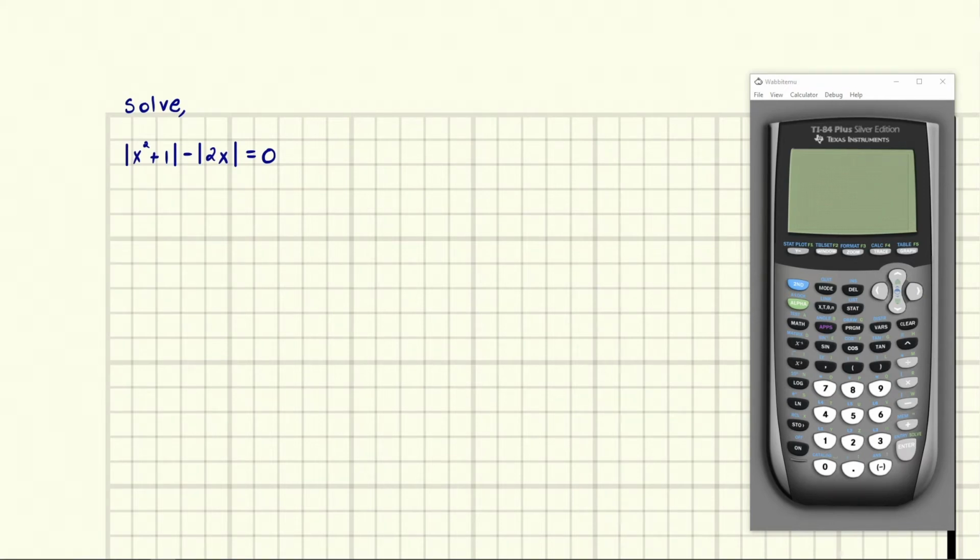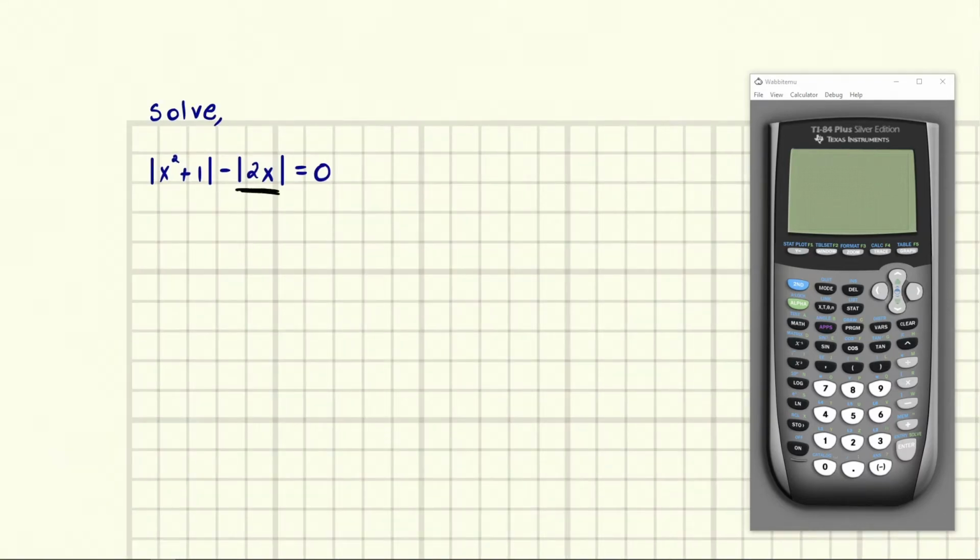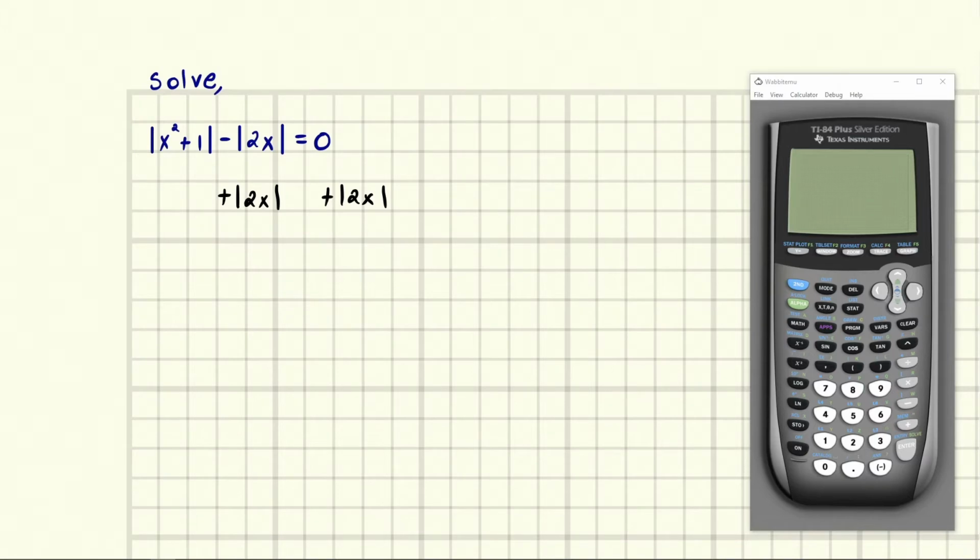So we've been given an equation with two absolute values in it. And so the first thing we're going to do is put one absolute value on one side and another absolute value on the other side so that we can use some properties that we learned earlier in this section. So we're going to go ahead and move this negative 2x absolute value over. So I'm going to add the absolute value of 2x to both sides. So I'm going to add it to this side and to this side. And we're going to get, as a result, absolute value of x squared plus 1 is equal to absolute value